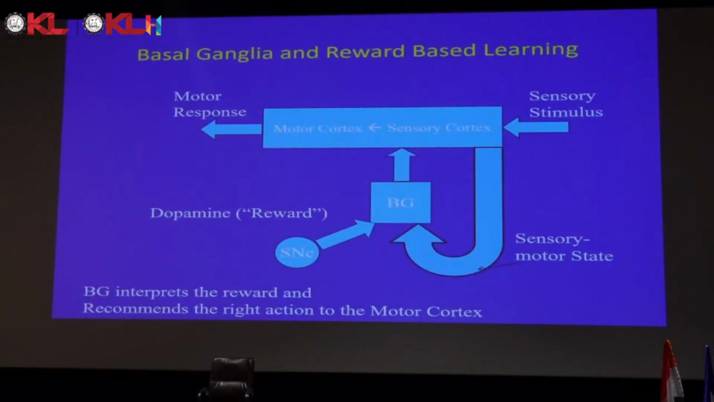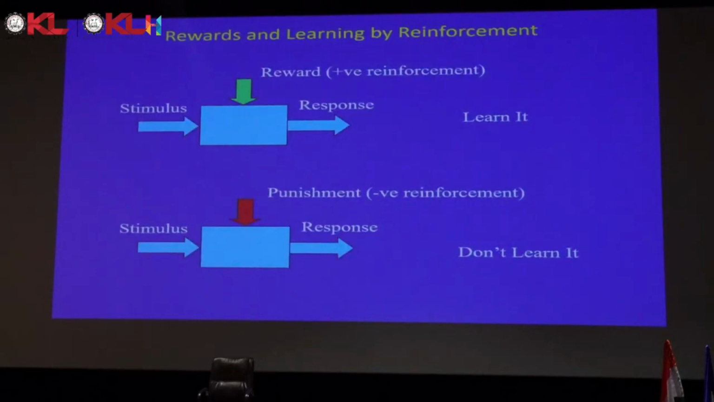Now, is basal ganglia doing something like this? Let's look at the anatomical context of basal ganglia. It's a subcortical circuit receiving input from both motor cortex and sensory cortex. So that's this big arrow you can see here. It's receiving reward-related information from SNC. So if you look at this box, three things are coming together in this box: stimulus, response, and reward or